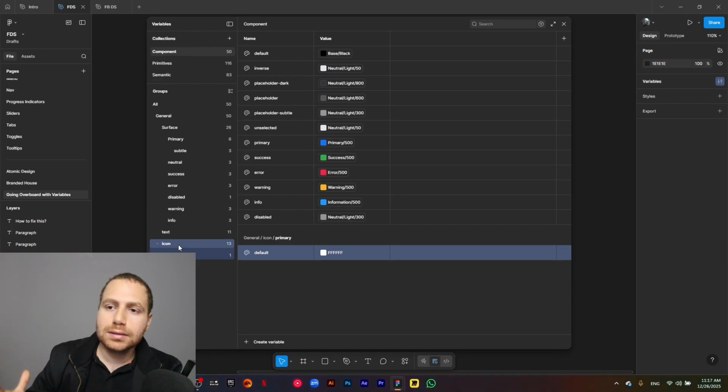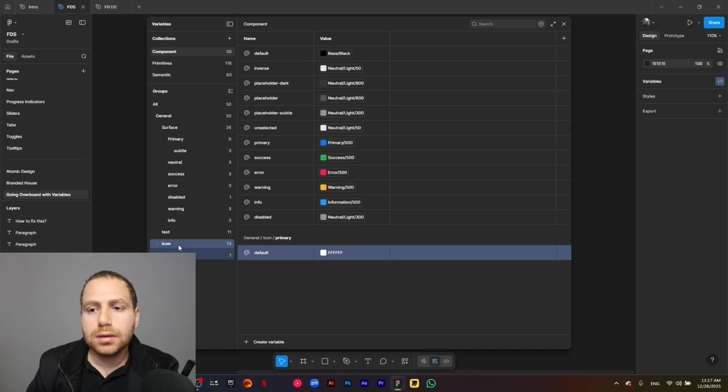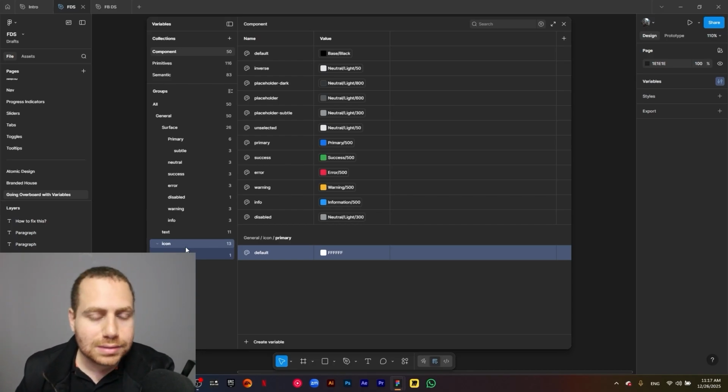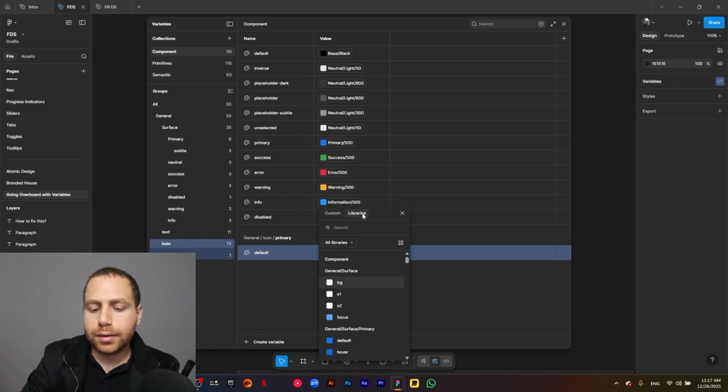This is something that is very commonly used in lots of big applications. When you hover over it or when you press it, you want it to pop up. You want it to highlight the entire button, for example, and that is why we have a hover and a default and a pressed state for our icons, but we don't have anything similar for our text because we don't highlight text that much. So my primary is going to be my primary